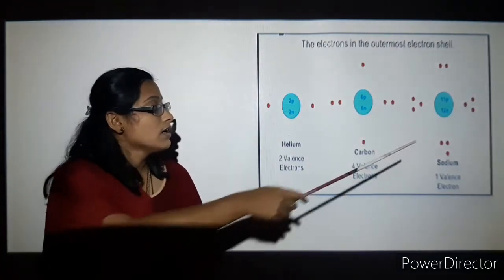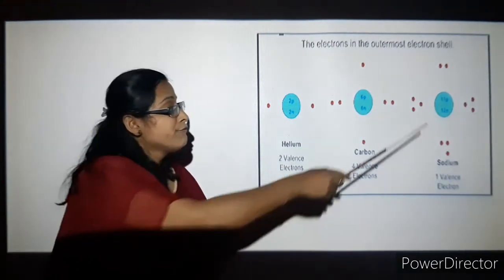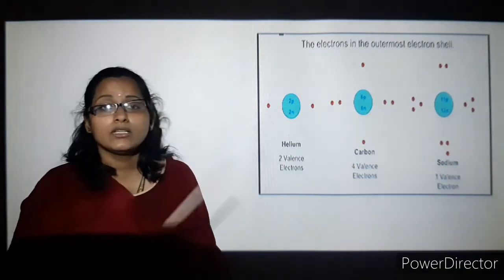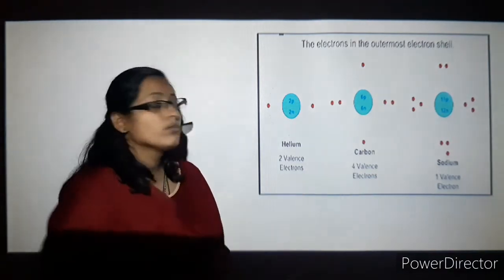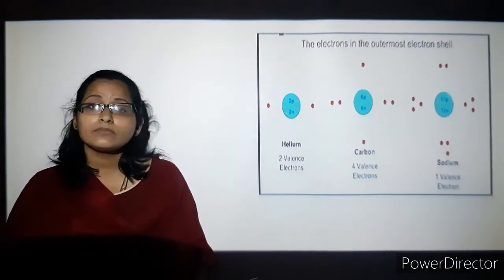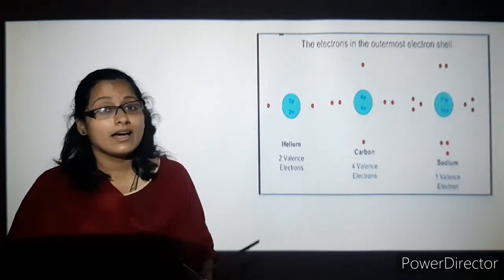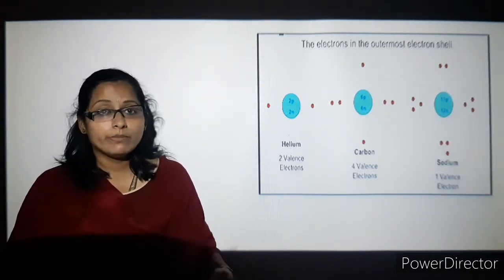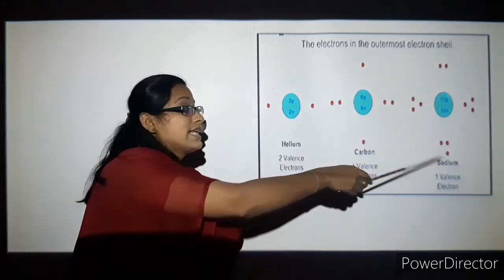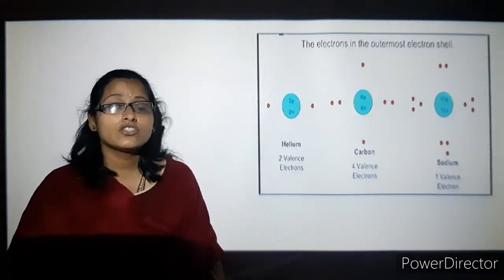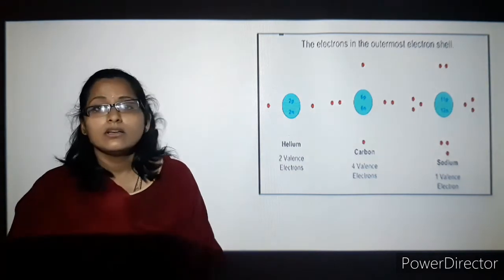So you can see here for sodium it is 11. As I told, in the first shell you will place 2 electrons. So how much is remaining? 11 minus 2 is 9. So 9 is remaining. In the next shell, the octet will be filled, that is 8 electrons can be placed. So you will place 8 electrons in your second shell, the L shell. How much is remaining now? 2 plus 8, 10 is over.